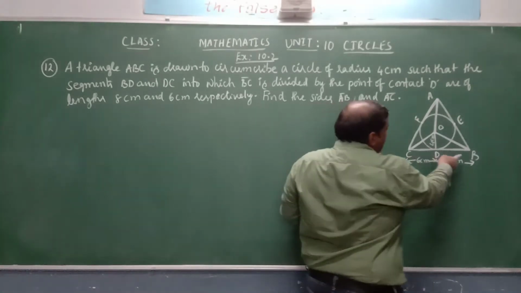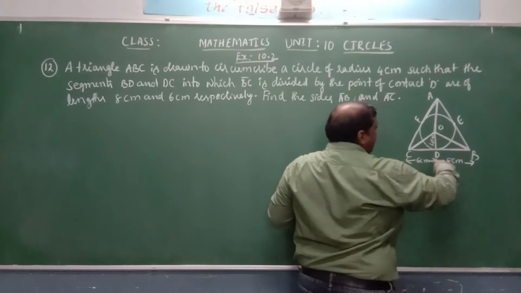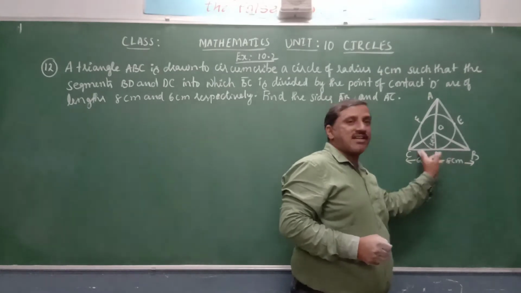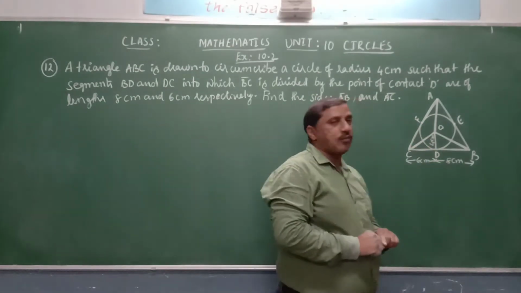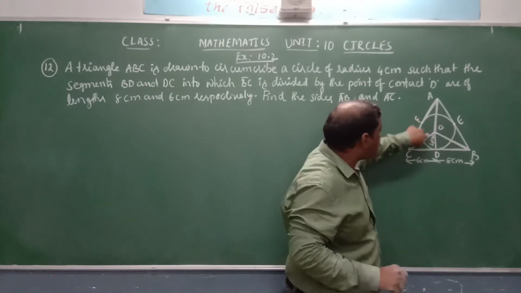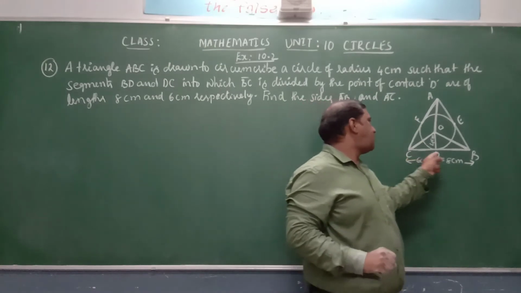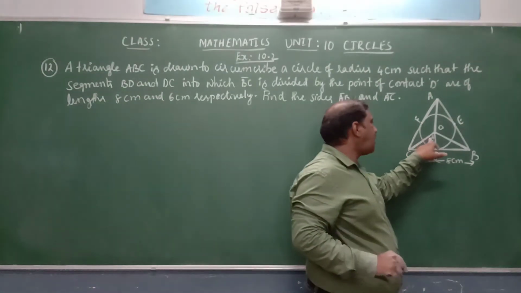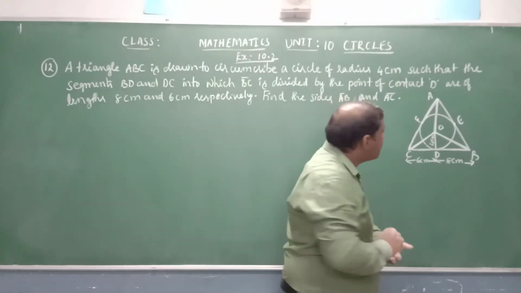Now how to find the area of triangle BOC? OD is the radius. That radius is perpendicular to the tangent at the point of contact, and the tangent BC is also a side of triangle BOC. Therefore, OD is perpendicular to BC and it is the altitude, drawn from one vertex of triangle BOC to the opposite side. Altitude we know is 4 centimeters and this side length is 6 plus 8, 14 centimeters. Base we know and altitude we also know.